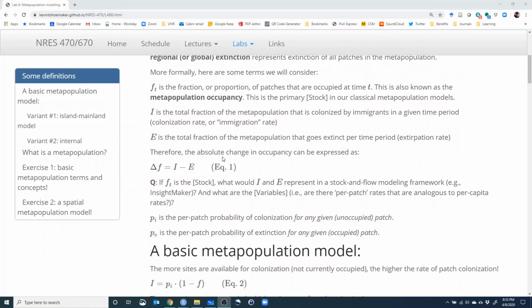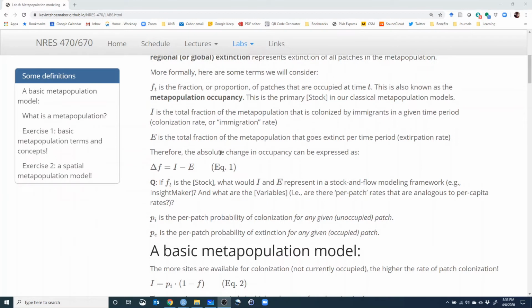All right, so little f is the fraction of patches that are occupied at time t. This can be called the metapopulation occupancy, and in Insight Maker terminology, this is the stock. This is the thing we're keeping track of. We're keeping track of the amount of the metapopulation that is occupied, or the total fraction of patches that are occupied. And once we start to think about the dynamics or the flows in this model, if f is the stock,